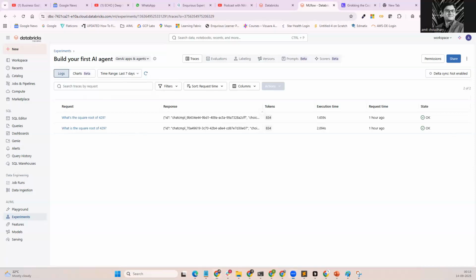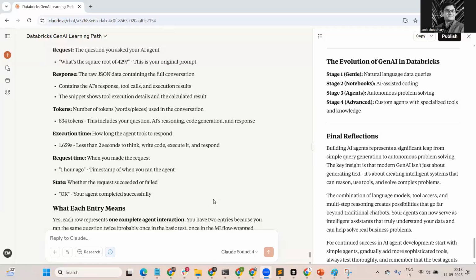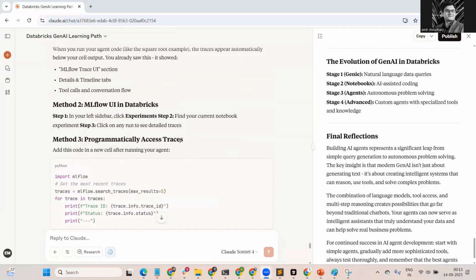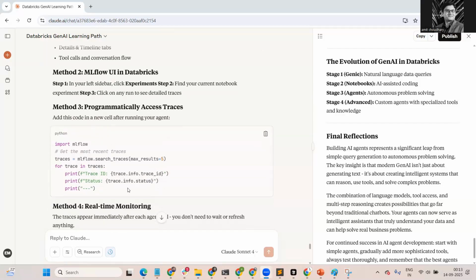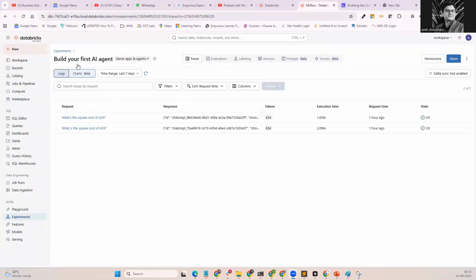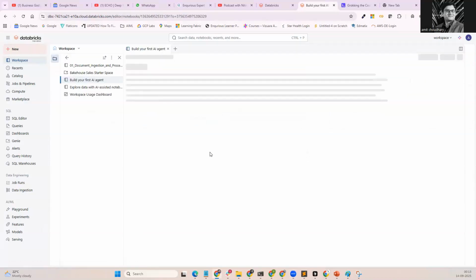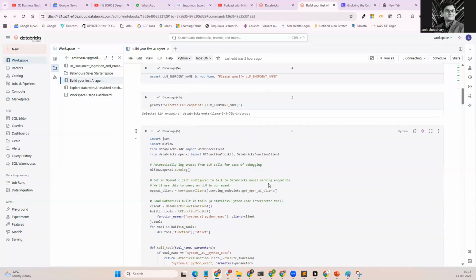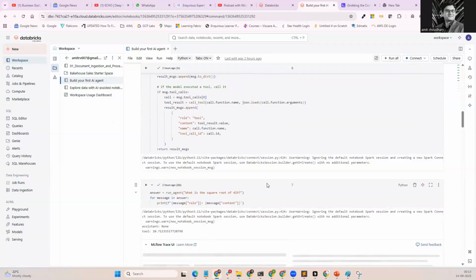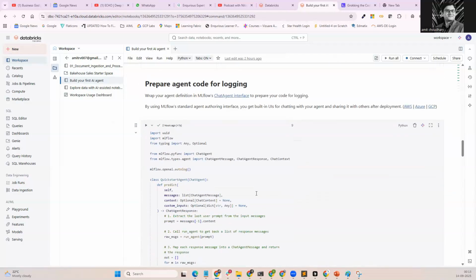Although AI has a third method also for me, and that third method is programmatically accessing traces. So if I add this code in a new cell, so let's go here and, through my workspace, I get to build my notebook. And all right. So I want to